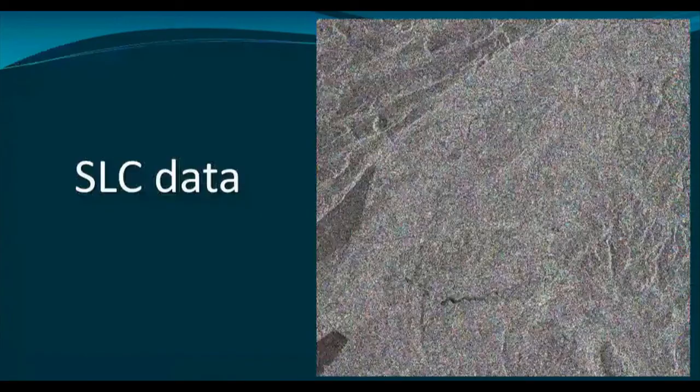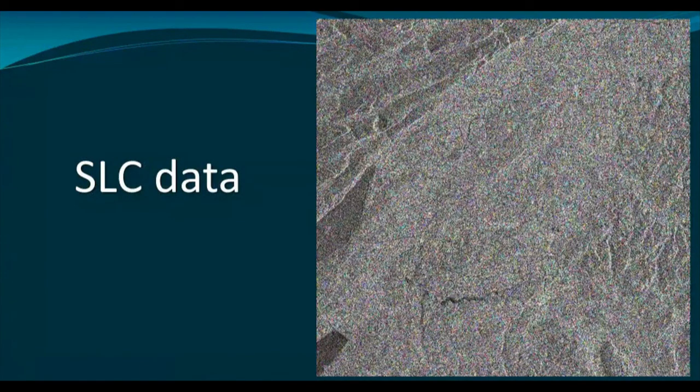I am showing you a zoomed portion. See, this is the image, and you cannot identify a single Earth surface object. Therefore, these raw images are necessary to be processed to get the information. This is the SLC data, single look data after processing. I mean, once we process the raw image, then we can obtain this kind of image. Again, this is very noisy, and information extraction is extremely difficult.